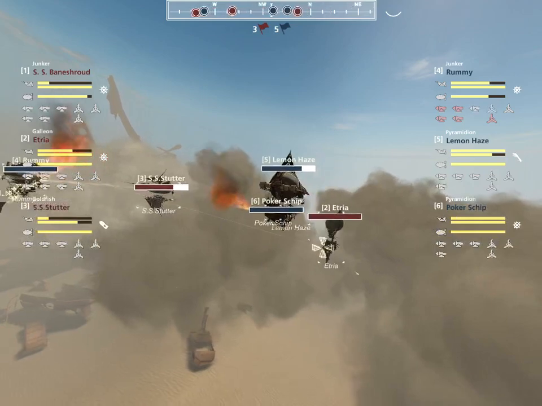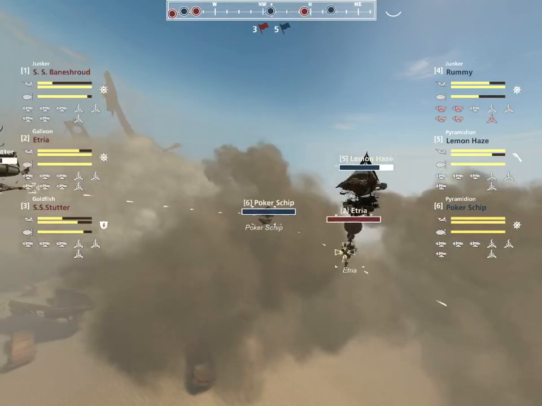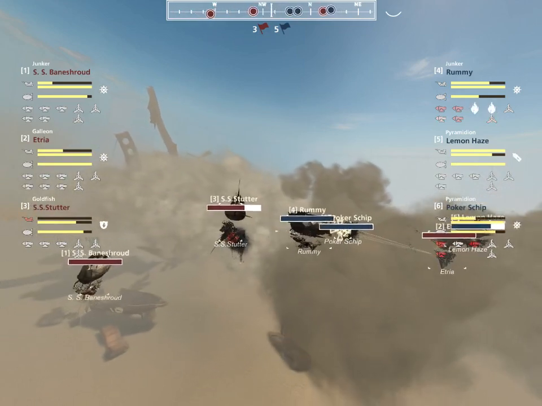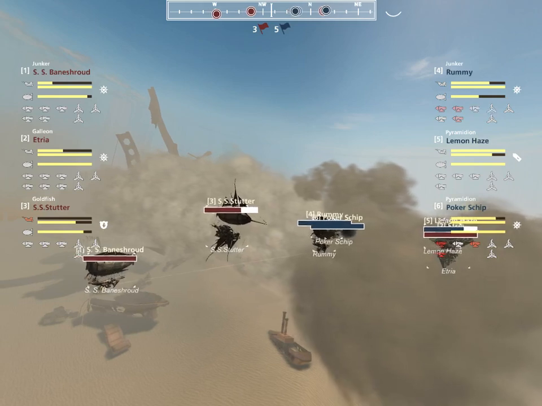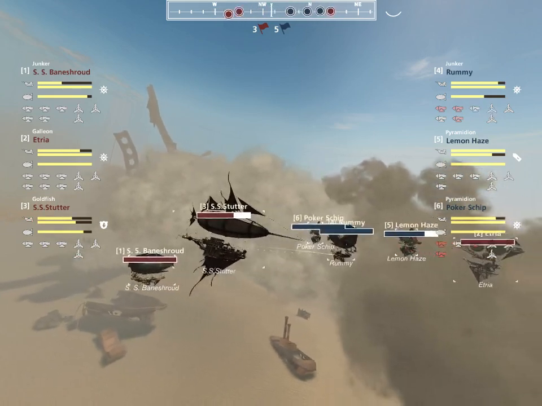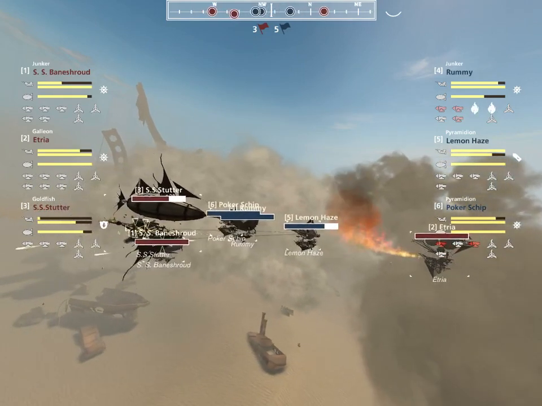And look at this. No one's paying attention. 2 is not paying attention. Now he's getting double teamed by 6 and 5. 3's taking the brunt of the hits, which he shouldn't be doing. If anything, 1 should take the brunt of the hits, not 3. In reality, actually, 2 should be taking the brunt of all the hits. But instead,